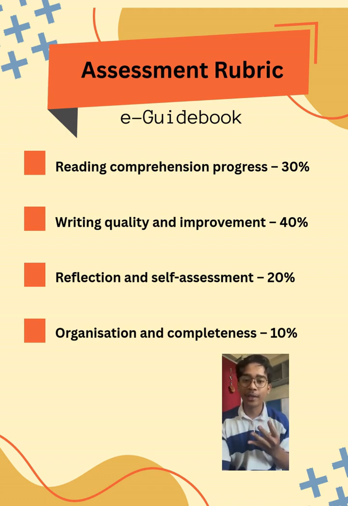So we have 4 rubrics, and for all of the rubrics we use the holistic scoring type of rubric for each section. And the rubric presents 4 levels of achievement. The first one is excellent, then good, satisfactory, and weak. For each level of achievement, a specific mark range is provided. For example, 25 to 30 marks is for the excellent level of achievement, and each level is accompanied by clear descriptors that explain the expected performance,